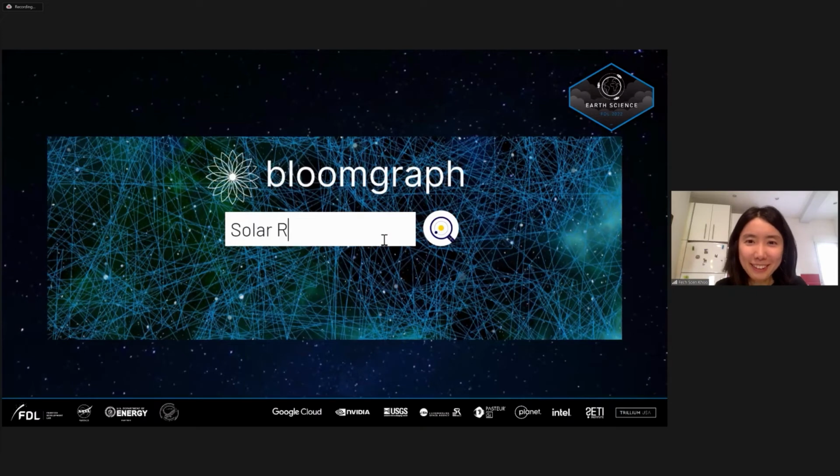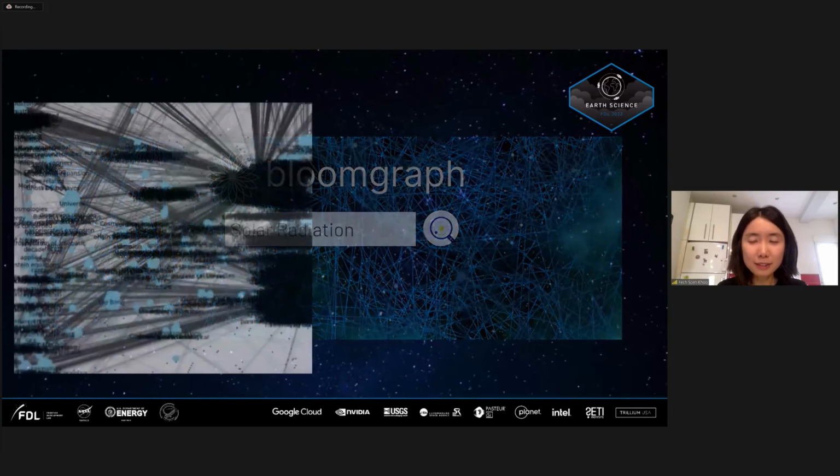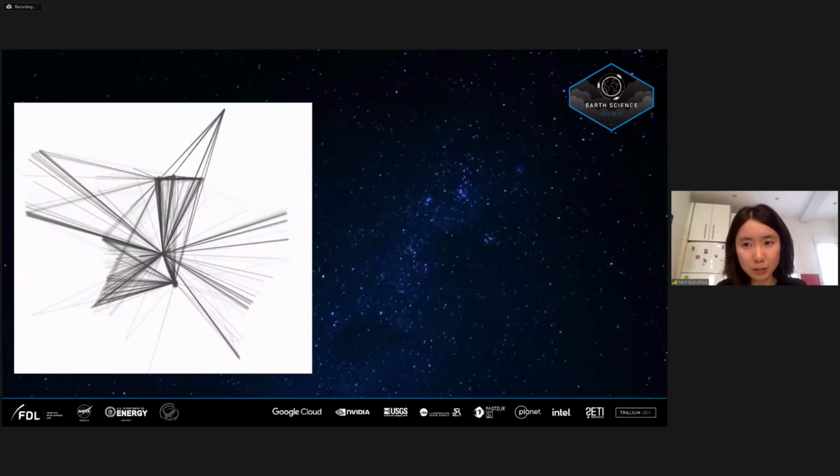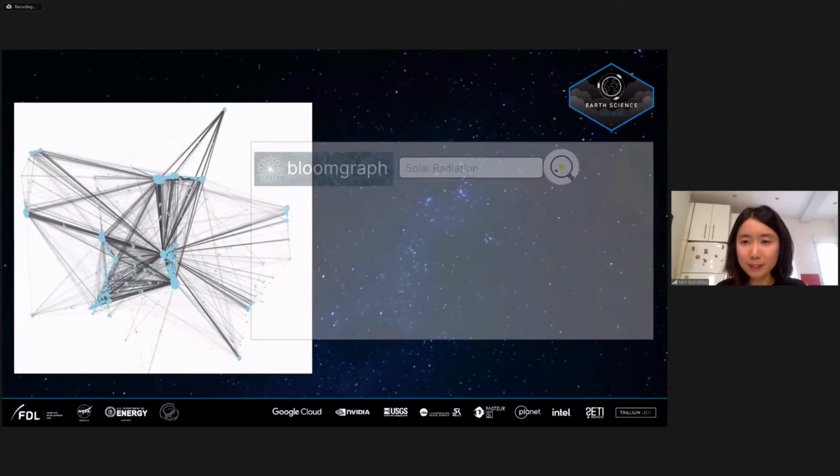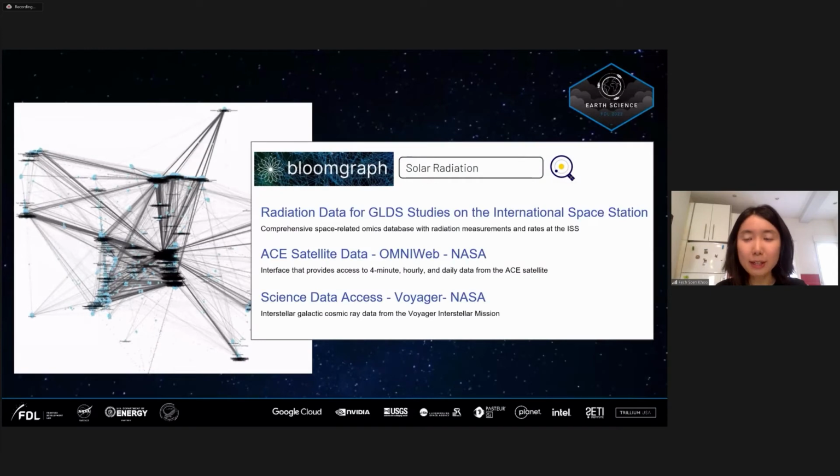Thank you, Rolene. This is what our Bloom Graph Knowledge Discovery search engine, which builds upon our knowledge graphs, could look like. Let's say that cancer researchers want to get solar radiation data. So they go to the knowledge discovery and search for solar radiation. Behind the scenes, the search engine is looking at that knowledge graph to find connections to provide the best information. The search engine will then output the best data sets and potentially information that the scientists wouldn't have thought of.